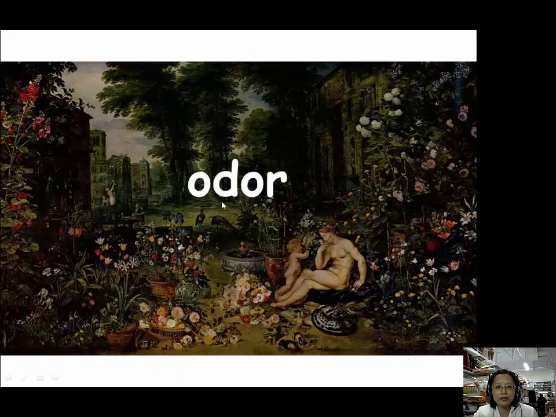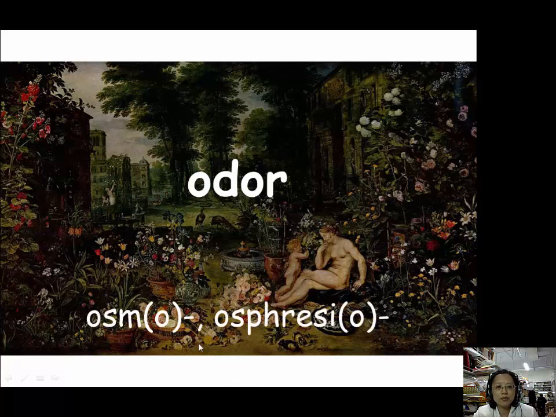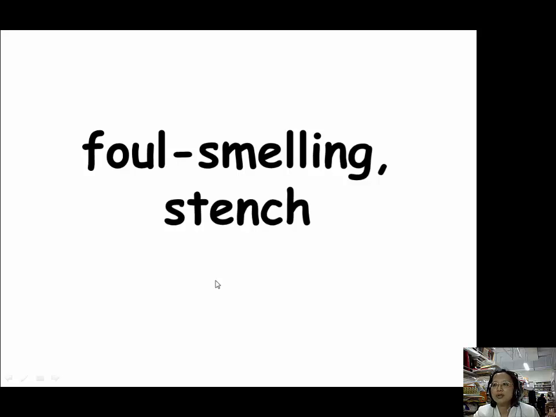Okay, let's review what we've learned. For odor, we have these 2 prefixes, osmo, O-S-M-O, and osphresio, O-S-P-H-R-E-S-I-O. For something that smells really bad, foul smelling, stench, we could use this prefix, bromo, which